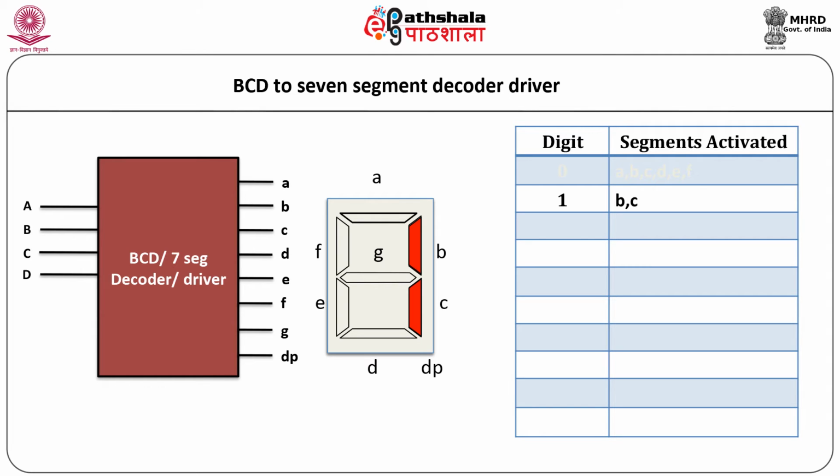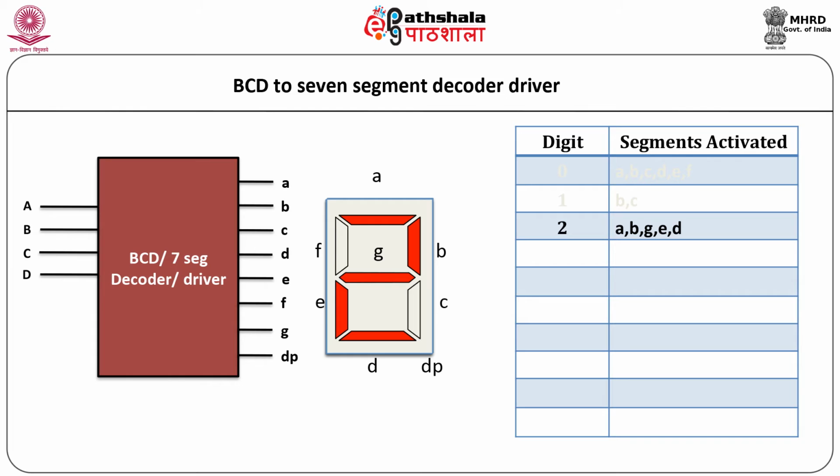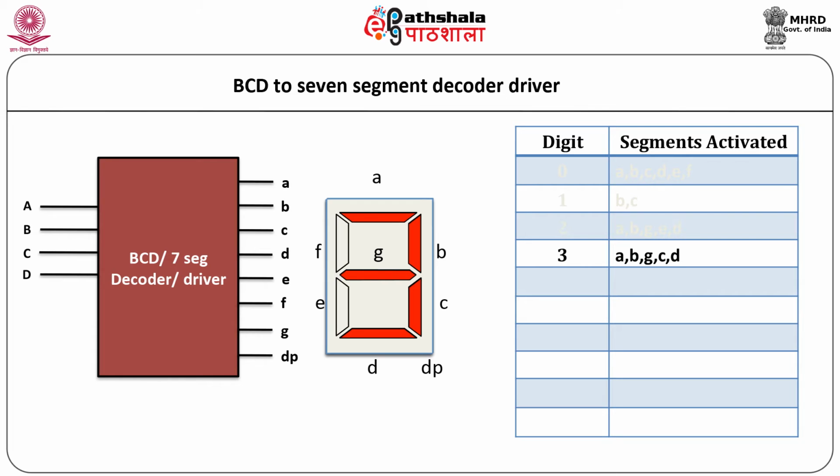For displaying digit 2, LED segments A, B, G, E and D are activated. While displaying digit 3, segments A, B, G, C and D must be turned on,